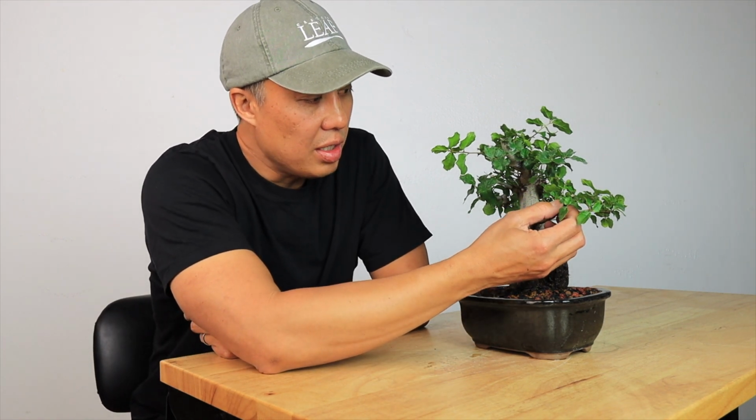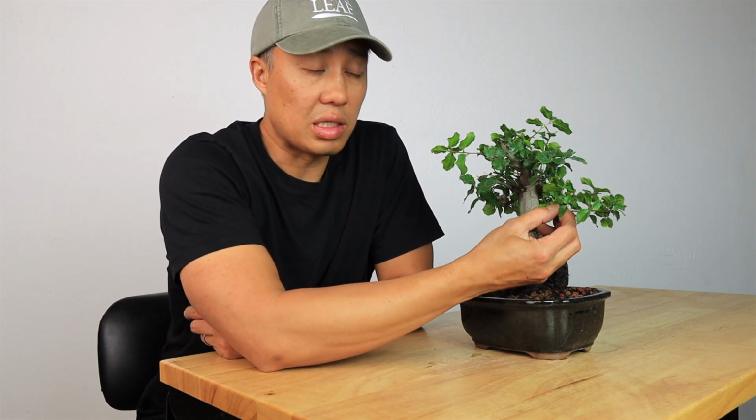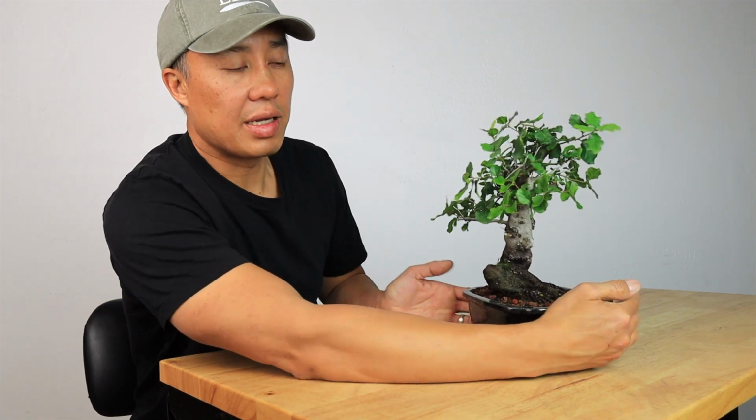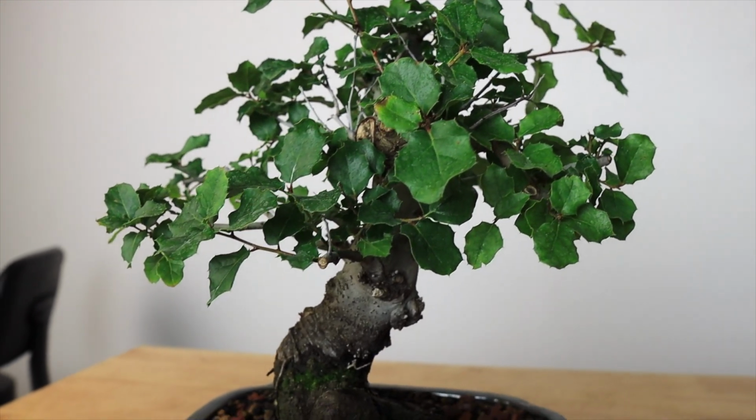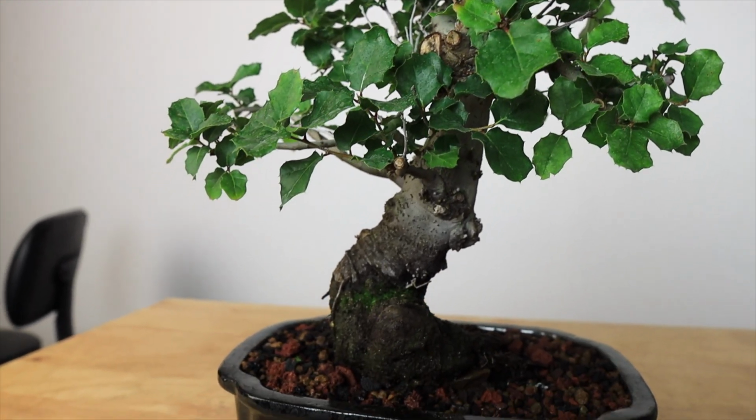So now that this tree is in this pot, I'm going to go into maintenance mode. Originally, before it made it into this pot, I was growing out a couple of branches here, which have grown out by now. So I've cut them back already, so I can start to ramify these lower branches a little bit. Maybe bring this down a little bit. But I can already see that on this side, I'm starting to get a lot of new buds and a lot of small branches here that are going to fill in this tree really nicely